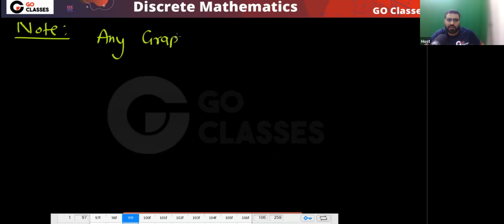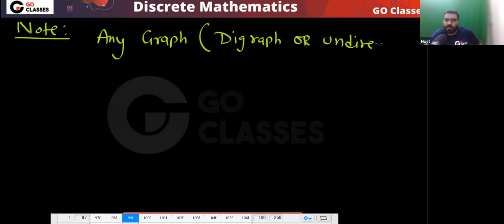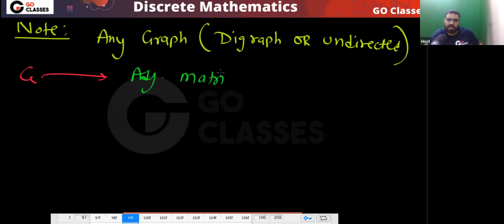Whether directed or undirected, it does not matter. You can have a directed graph, a digraph, or an undirected graph. Any graph G you have, let's assume its adjacency matrix is M. Then in this situation, what M power K tells us is the number of walks